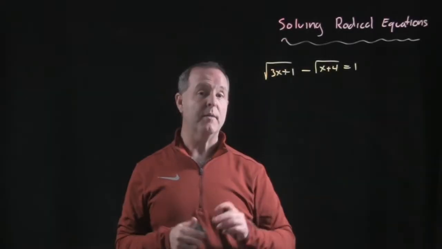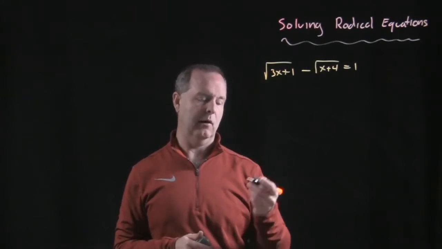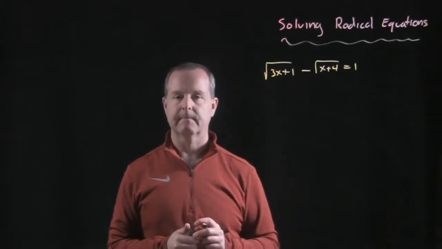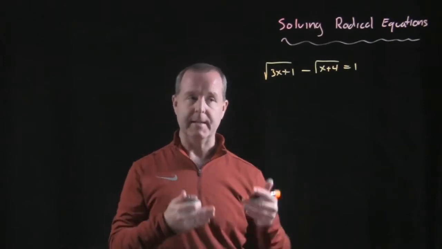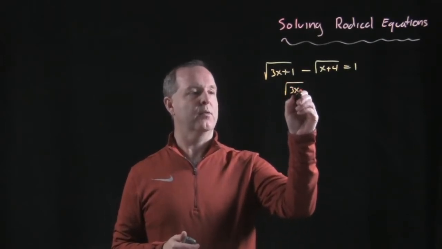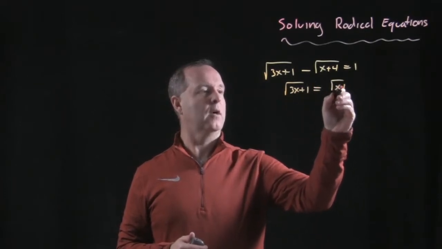All right, bear with me on this problem because we're going to use a lot of chalk this time, or a lot of pen. Notice I have two radicals here. So our first step is to isolate one of the radicals to begin with. So let's go ahead and make this a 3x plus 1 equaling an x plus 4